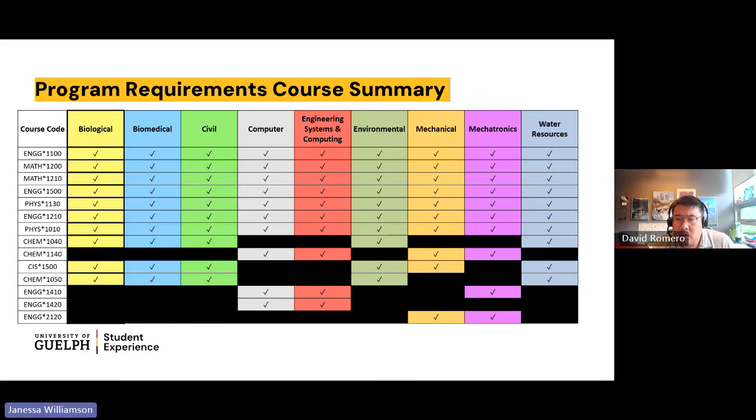Great. And then Maya asked for the co-op portion, will we have to find our own placements? And how would we go about this? Yes, so co-op will not happen until after first year anyway. So this is something that will be looked at in future years, but yes, you generally will have to find your own co-op placements. The co-op positions are available through Experience Guelph, and you have co-op advisors that will help you apply to jobs, but you are not guaranteed a job.